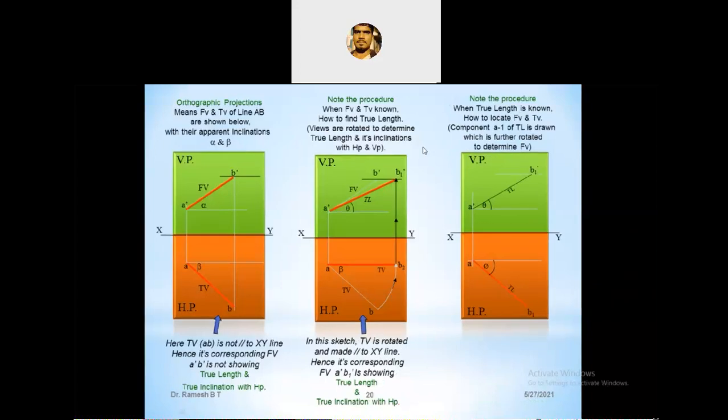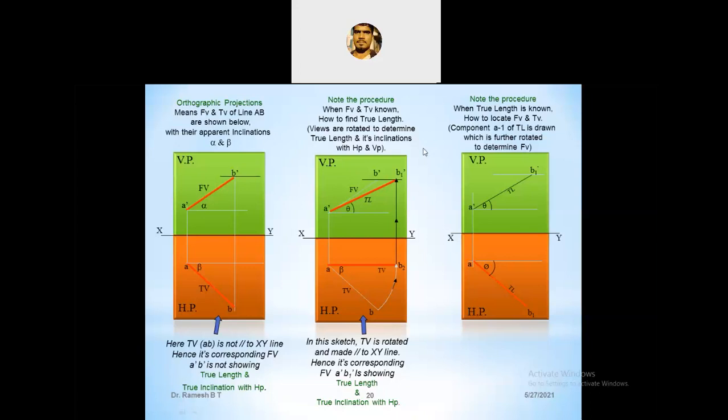Okay, you can take A dash B dash locus, then cut the arc from A locus up to B locus. Join that B2 and A, and that will give the true length in the top view. The true length in the top view and front view should both be the same. If it is 80 in the horizontal plane or 80 in the vertical plane, that is the true length. But the apparent length may change.